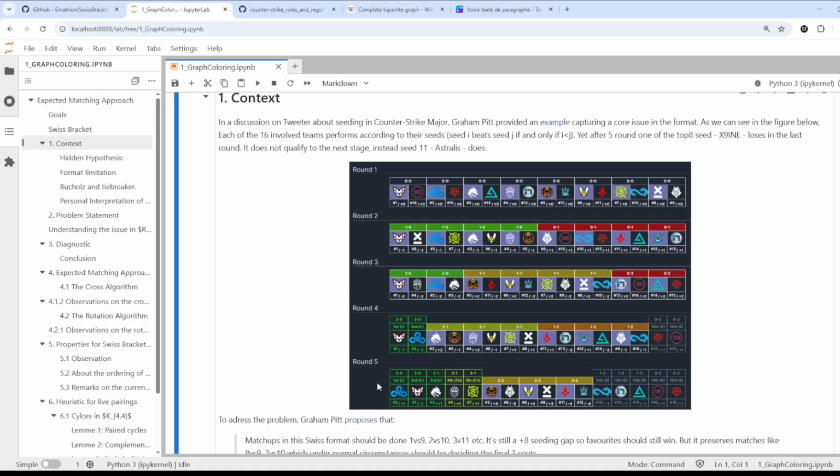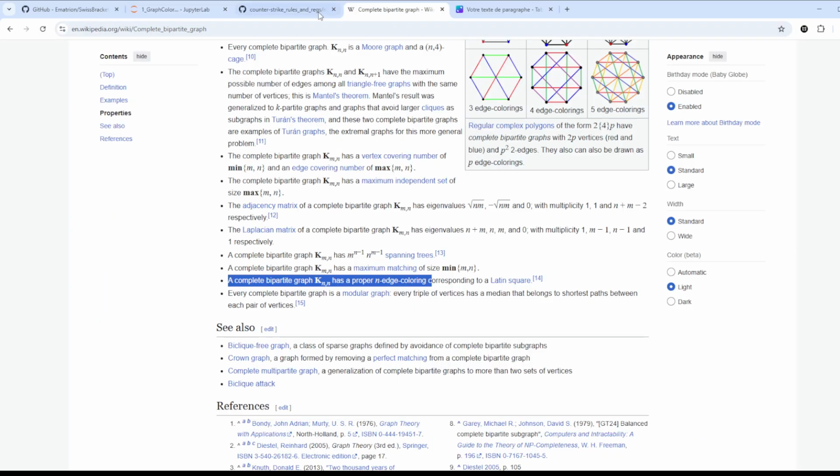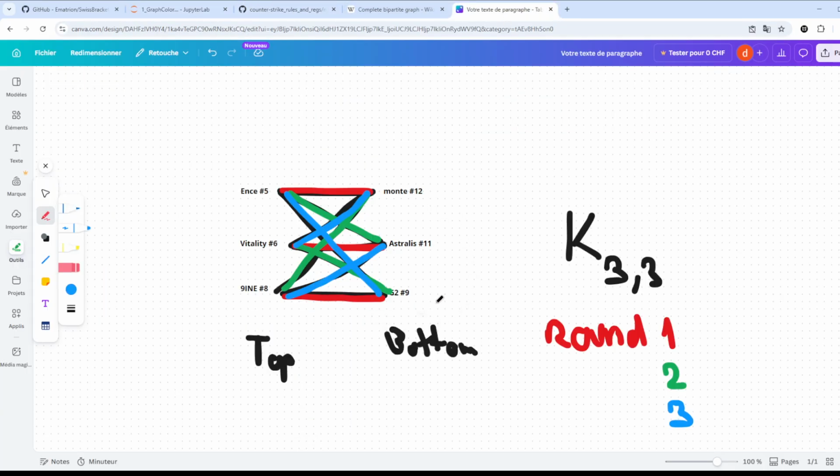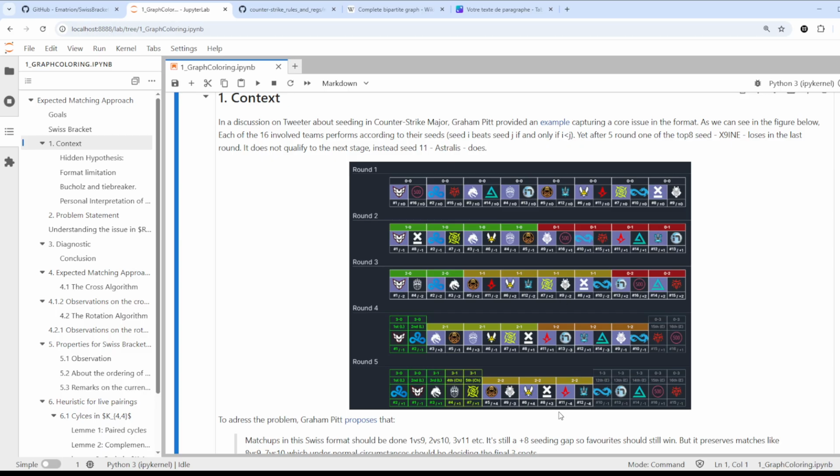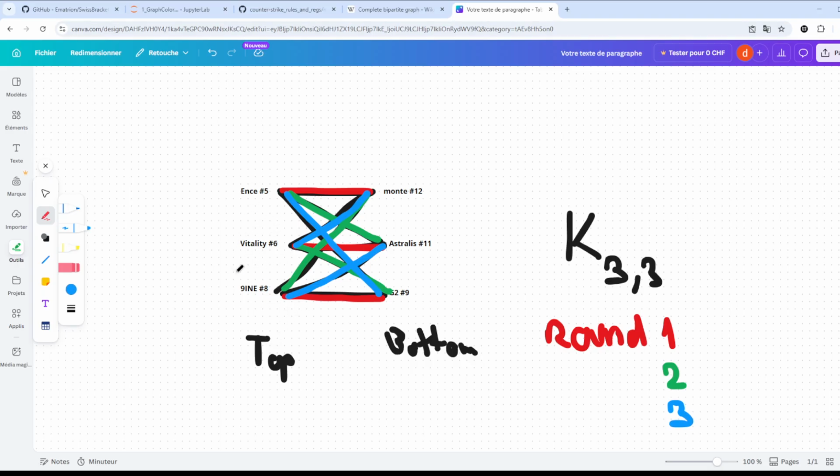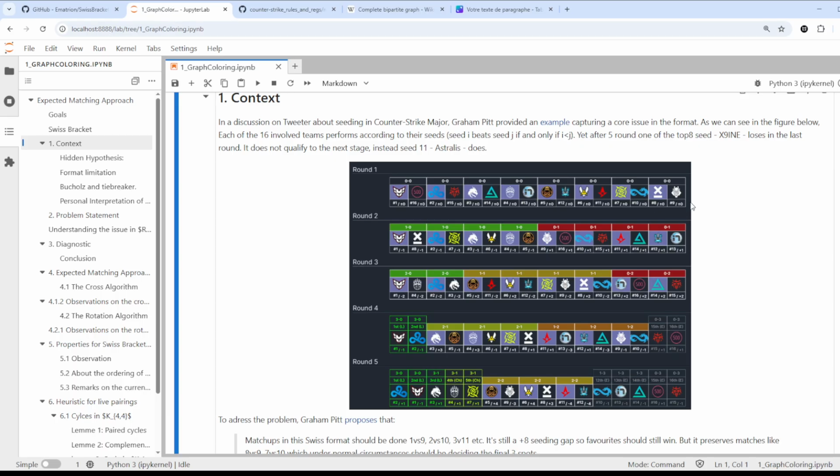So theoretically, you should not have a fairness issue. You should not have Vitality versus X9 because they are from the same family. So this is the problem that caught my attention. It appears that the tournament in the example violates mathematical properties. Now, if you're paying very carefully,